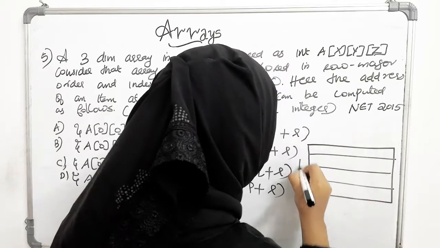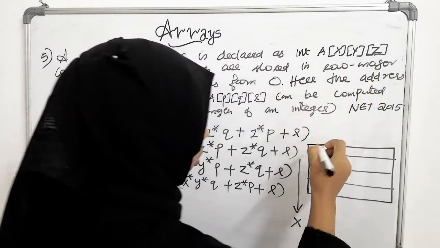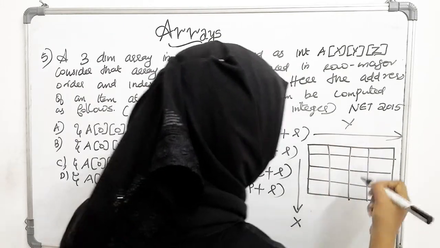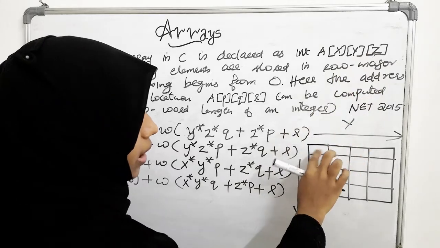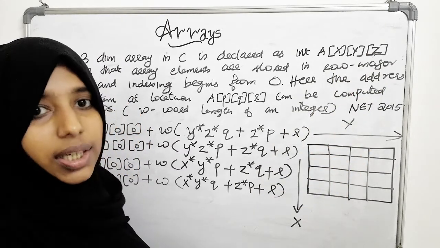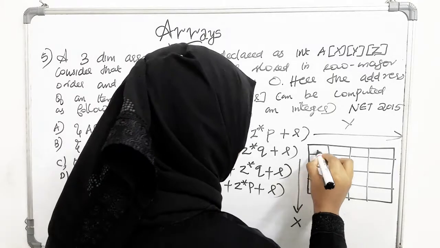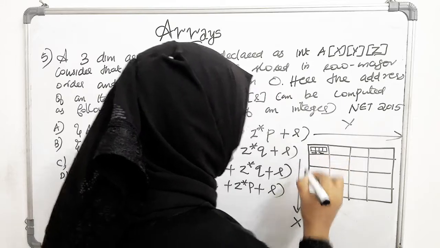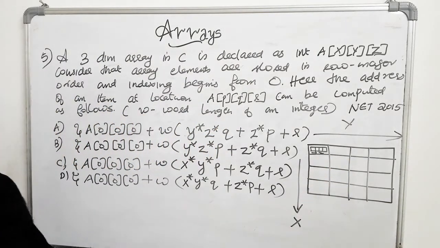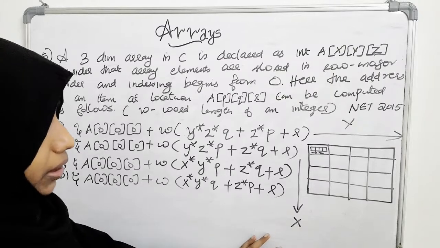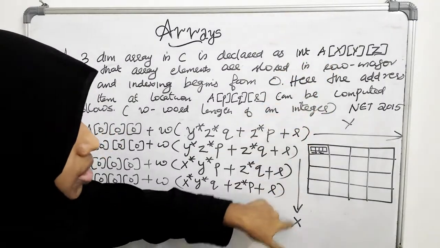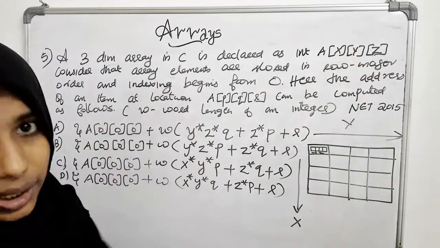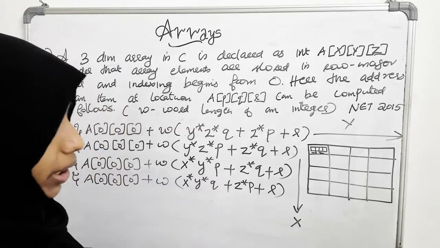So it is having x rows and y columns. This array is having some y number of columns, and in each cell there is a one-dimensional array of z indices. So this is one way in which we can understand this. That is, we are having x rows, y columns, and each cell of that xy two-dimensional array is again an array. So this is one way in which we can comprehend this easily.